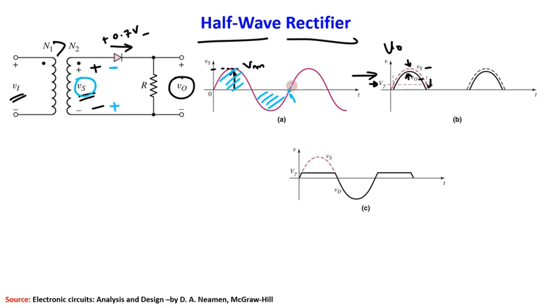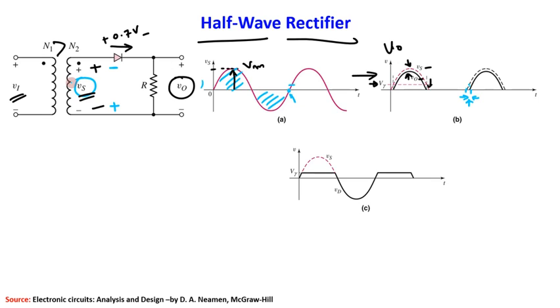Now when it has started rising, until this V gamma, again there will be no conduction. That's why you can see that this has started rising, but until this reaches V gamma, there is no conduction, meaning V output will remain at 0. So you can see here between this and this region, the V output is 0. Once this Vs has crossed this V gamma, then you can see the output, this V out, will exactly follow the shape of this Vs, isn't it?